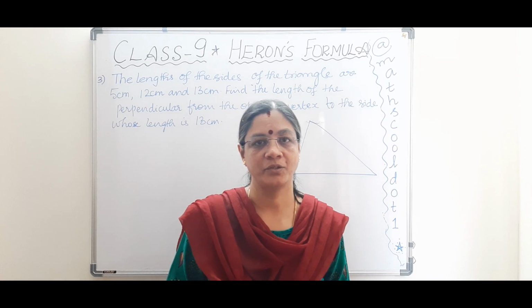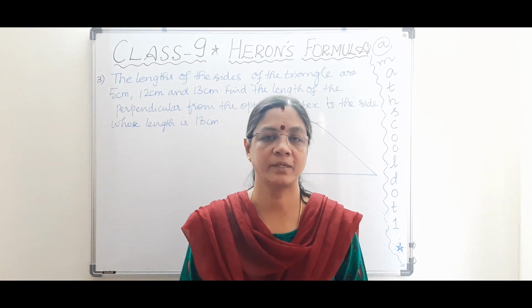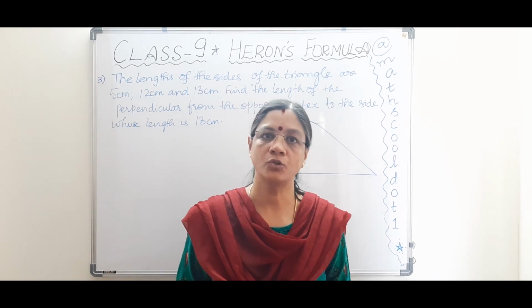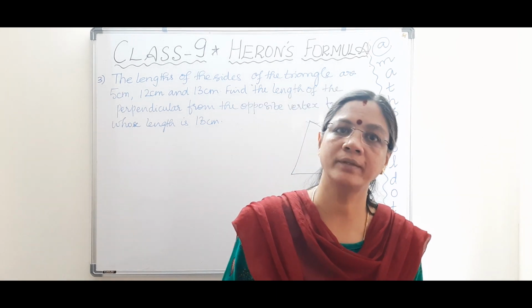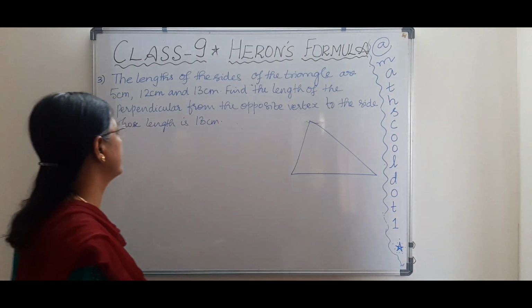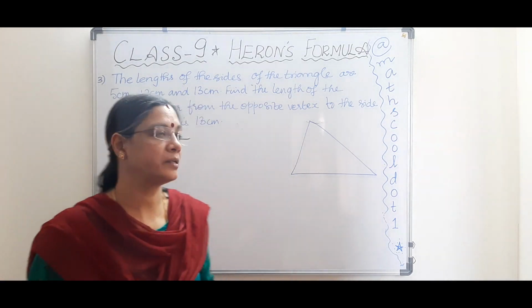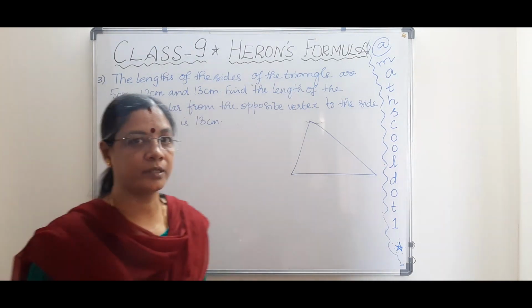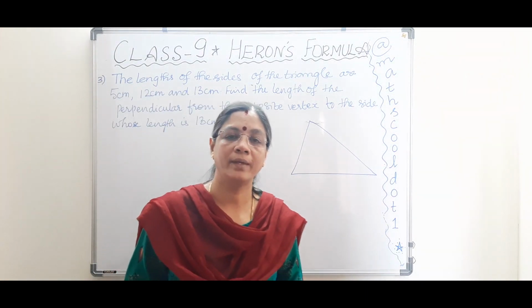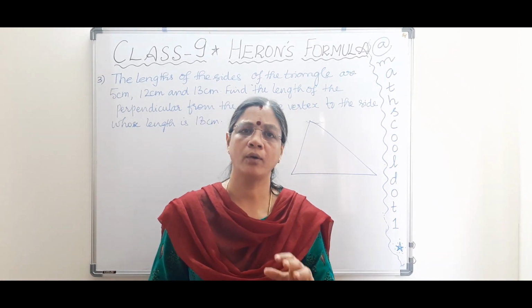Today it's going to be a continuation of Heron's formula and problems associated with it. So we have seen two problems, isn't it? So we'll continue with yet another problem in the same chapter. So today we are going to see the lengths of the sides of a triangle are 5 centimeter, 12 centimeter and 13 centimeter. We know we can find the area of the triangle using Heron's formula